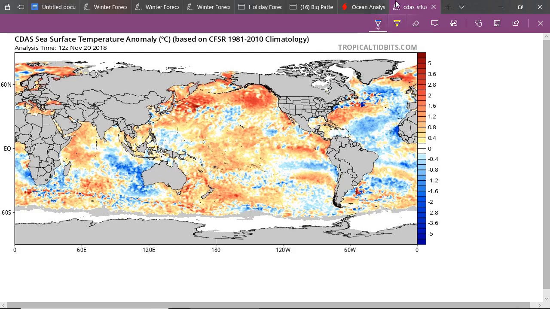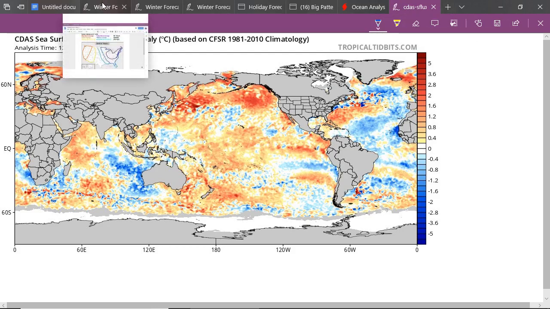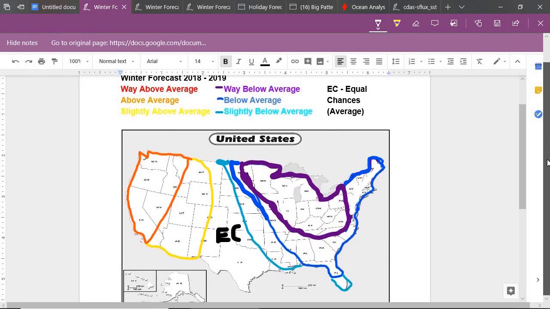and let's go ahead and take a look at my forecast here, and we're going to start off with temperatures. As you can see here, it looks way better than my last ones. I kind of remade this a little bit because I didn't like it. So here's my temperature forecast. Now, the colors are right up here at the top. EC means equal chances, or you could say average temperatures. Now, we got in the orange here, which means above average